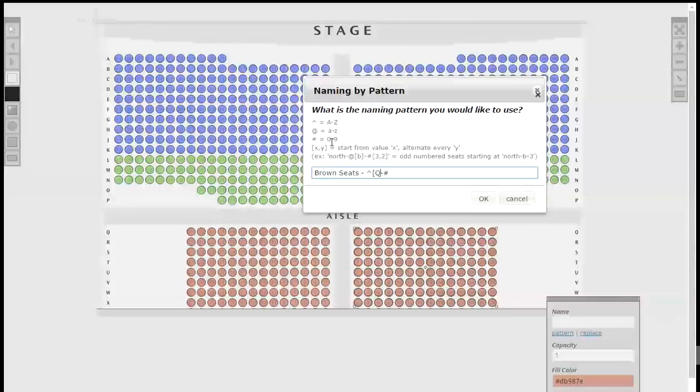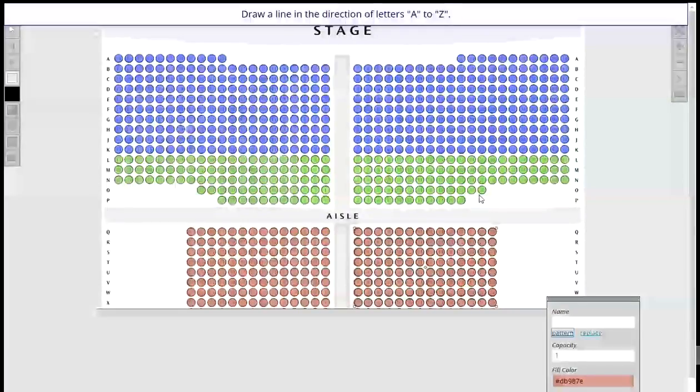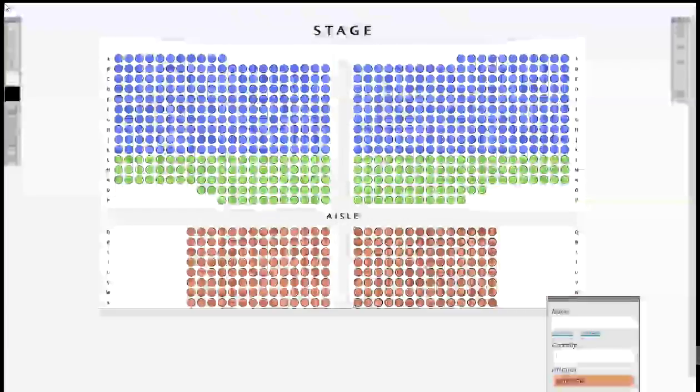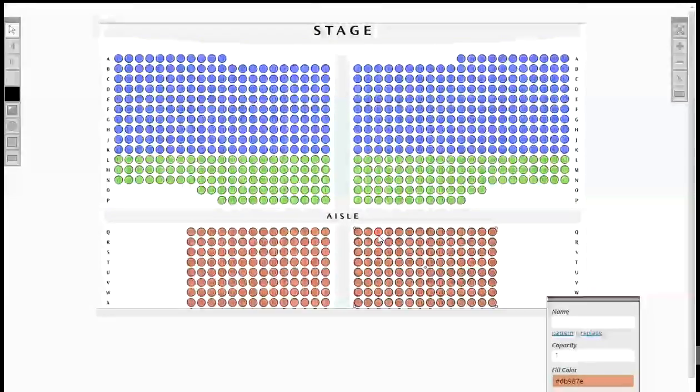And again, the row numbering starts from Q, and we are going to go from 2 and increment by 2. OK, and we'll do this there, and from low to high there. So let's pick, and that correctly identifies as Q6. So all of the seats have now been correctly named according to the complicated pattern that we had available,